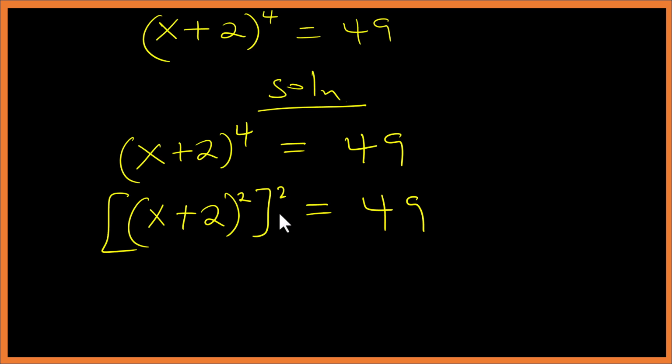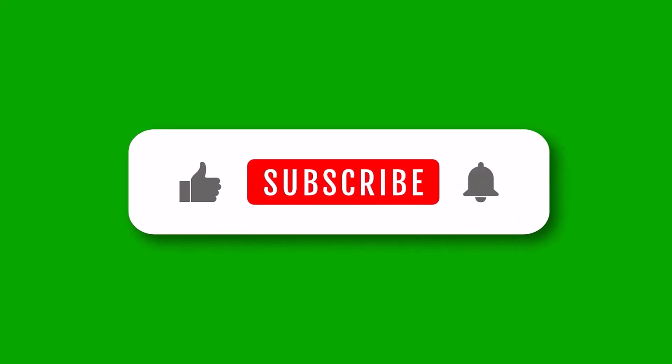The reason is, if I send this across, it will be minus, and if it is minus, we can change this 49 to 7 squared, which will pave the way for the difference of 2 squares. So from here I can say (x plus 2) squared minus 49, which is 7 squared,